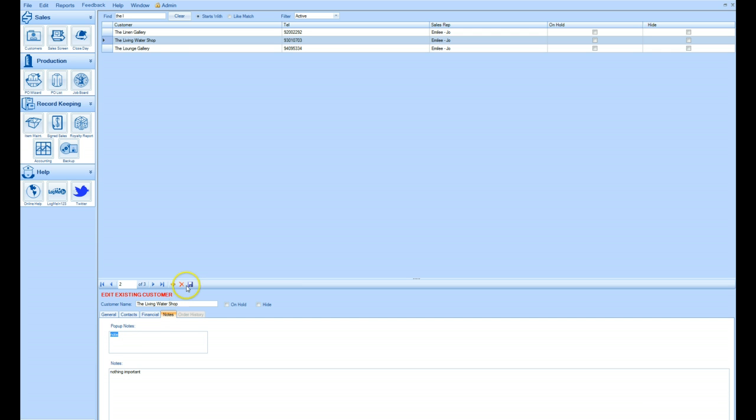Okay, so the living water shop, I have edited, I've searched for them, I've edited their details, and now I want to make sure I save it. Very simple. All you do is you hit save. It comes up saying that the record was saved. Cool. Now, the other way you search for a customer